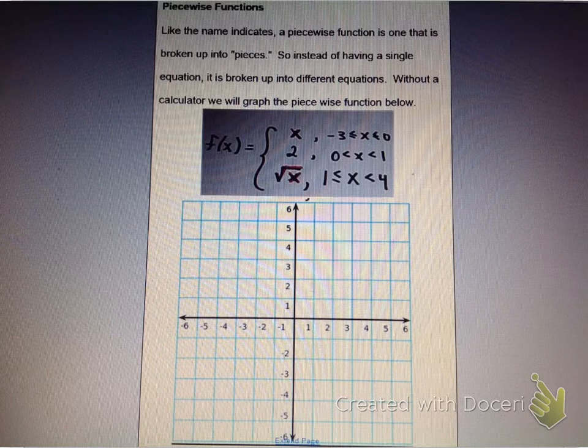Okay, so how to graph these piecewise functions is very simple. For each function, so we have 3 functions here, f of x equals x, f of x equals 2, f of x equals the square root of x, and for each of those functions, we're going to plug in